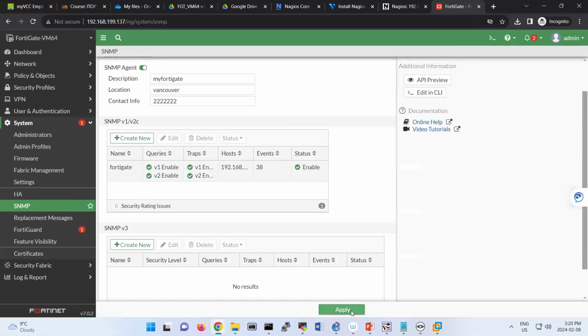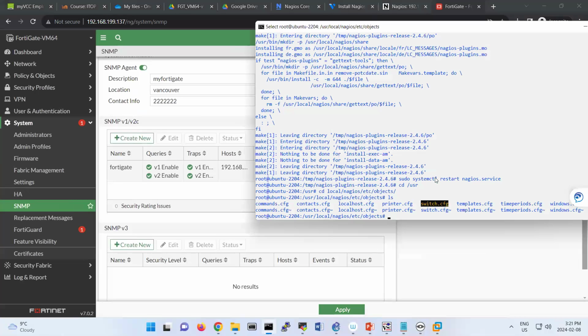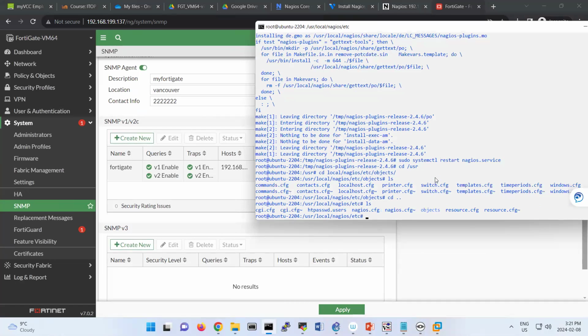So then apply here. Once you apply this one, your settings are going to be saved, and you don't need to set anything else here. You just need to go to Nagios and configure your object. So let's look at this folder,